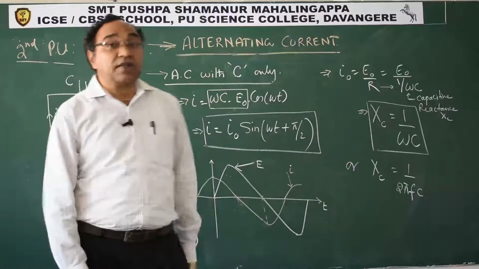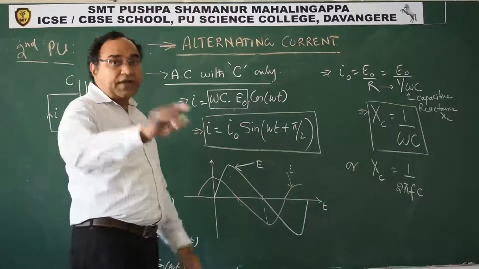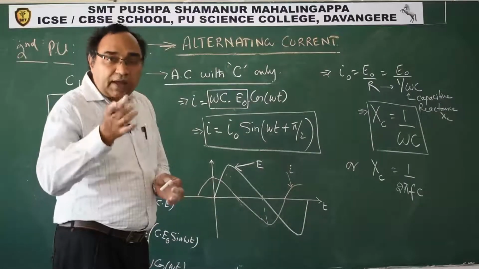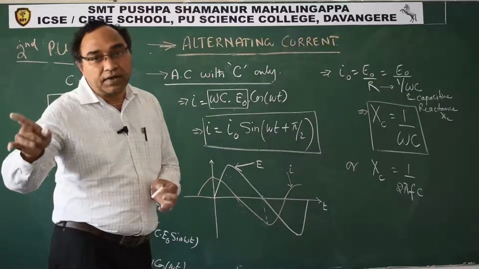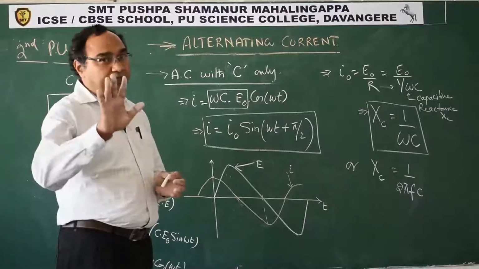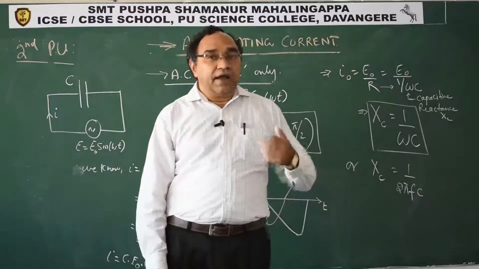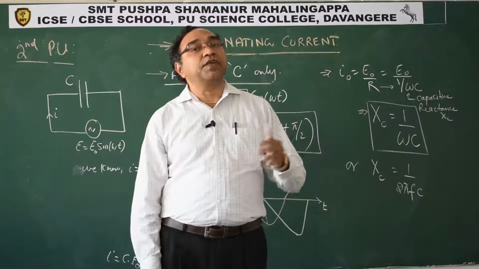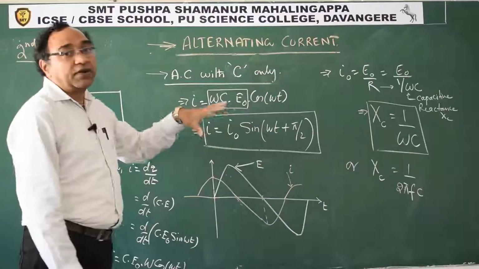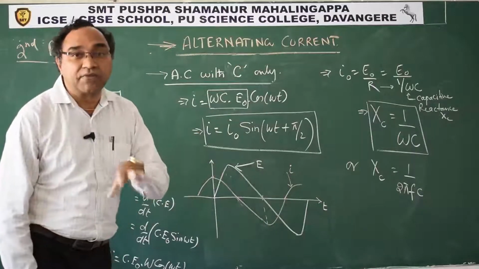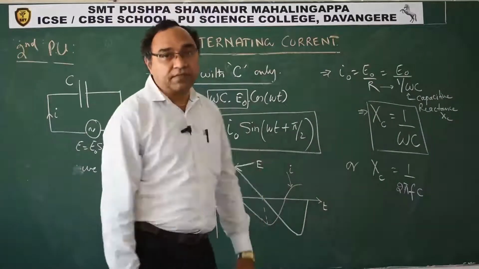This type of theoretical question is there, a 3 mark question in the board exam. Prove that an ideal capacitor consumes zero power in its operation. You will have a 3 marker question like this. Or it will be given: show that an ideal inductor does not consume any power in its operation. You have to show the derivation and prove that the average power consumption is zero. This is a sure shot 3 mark question which will be there in the board exam.